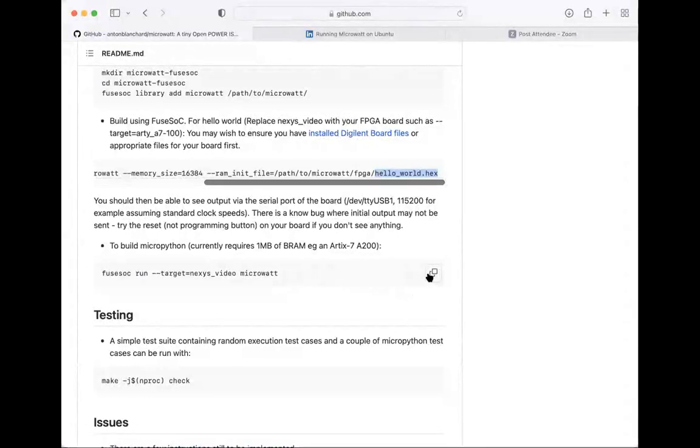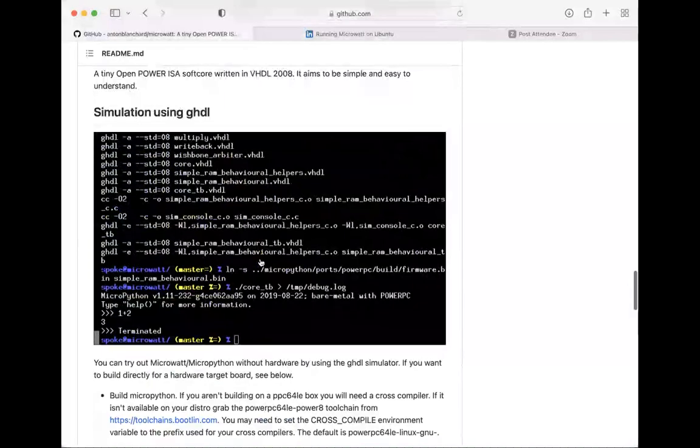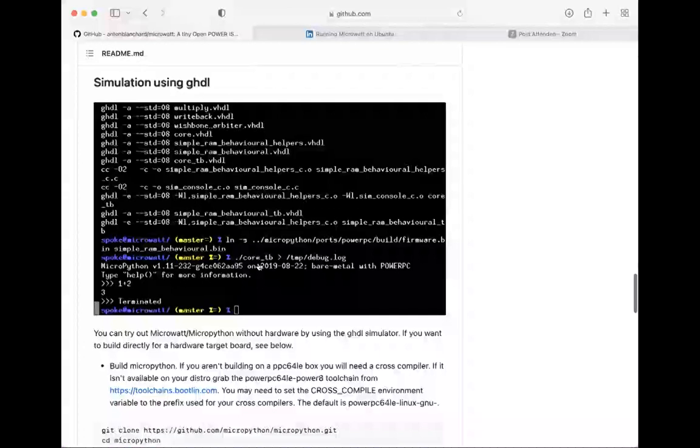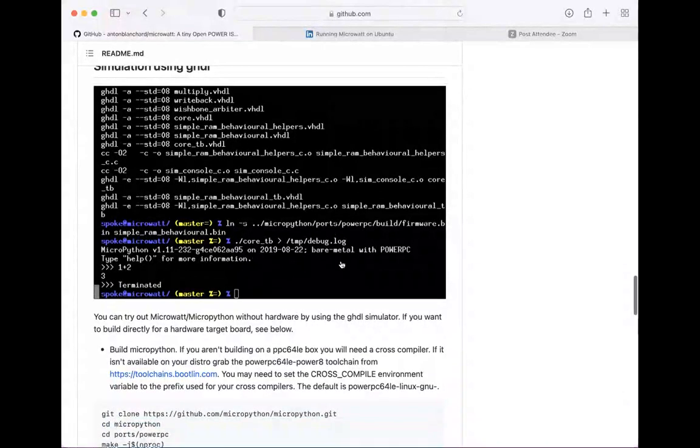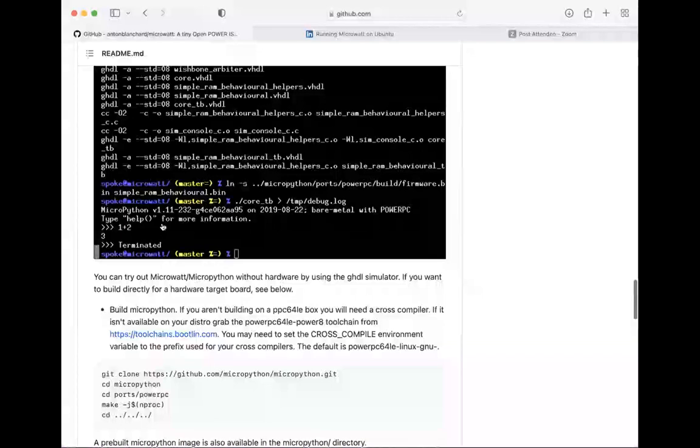Okay. So if you run it on the board or the simulator, for this particular example, see here, you have done everything. So you run MicroPython. I showed you a bit of a C program so that people can correlate, instead of just Python. If you follow these steps, you will be able to run MicroPython, and you will get the Python command prompt, and you will see that it performs a certain addition operation, a very, very preliminary